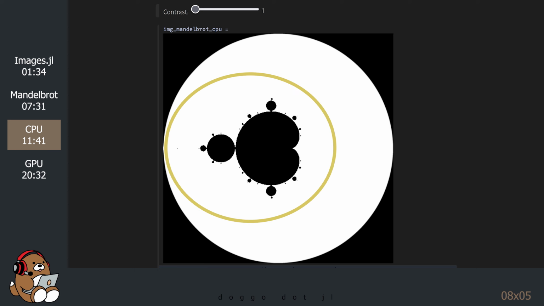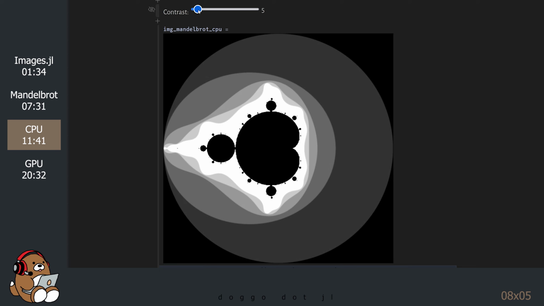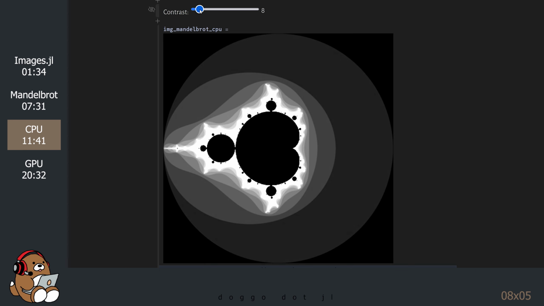This black and white image shows the Mandelbrot set in black. That white circle has a radius of 2. Any values outside of the circle is not included in the Mandelbrot set, even though the color is black on this image. Adjusting the contrast to 10 provides a clearer view of how many iterations it took to determine that the value did not belong in the Mandelbrot set. The value shown in white took the longest time to evaluate. Pretty cool, right?